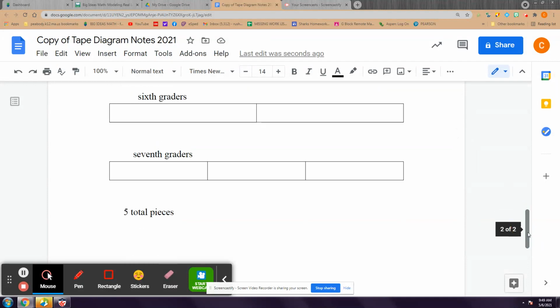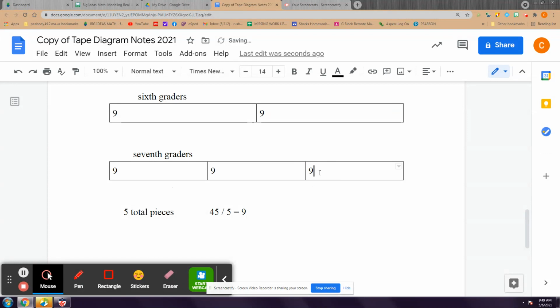So I'm going to come back down here. I'm going to do 45 and divide it by, remember, the total pieces of the tape diagrams, the total pieces of tape, the total boxes, if you will. So we do 45 divided by 5, and that gives us 9. Now remember, we take this 9, and that's going to go into each box for each piece of tape. 9, 9, 9, 9,